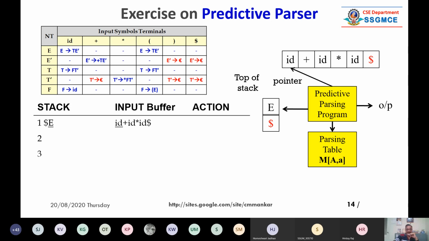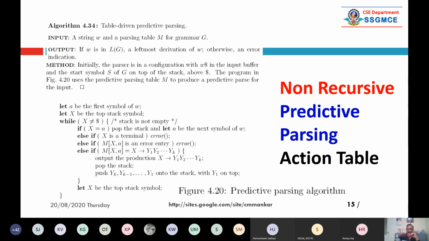It is given in the table, and we have to take some action depending on the parsing action algorithm. We shall see what that is. So this is the action algorithm. Don't worry, you may not be able to read this, but later you can download this PPT and read it.